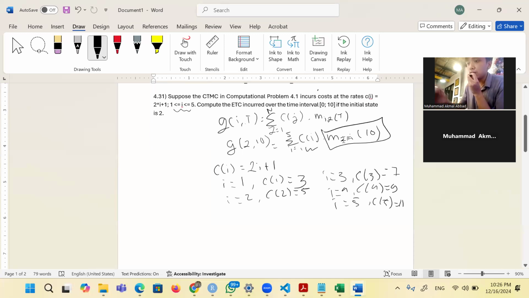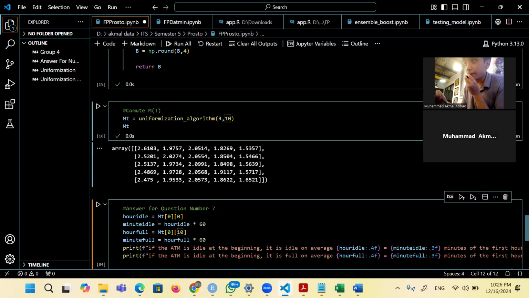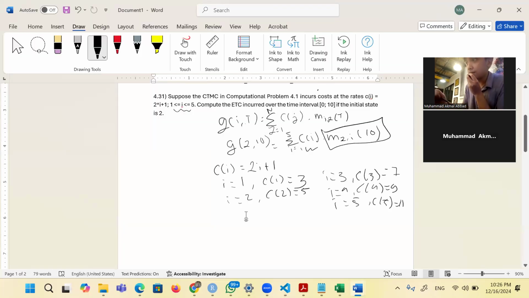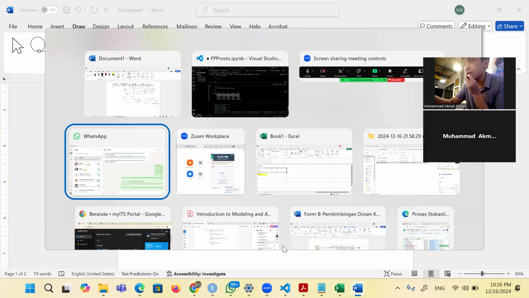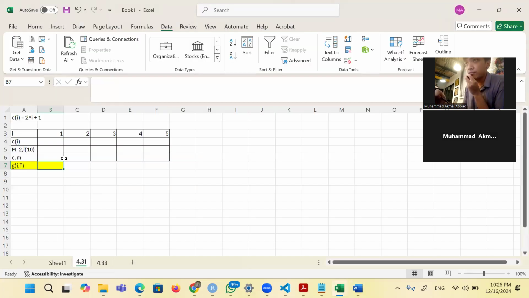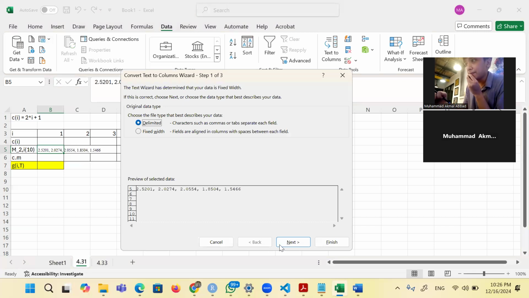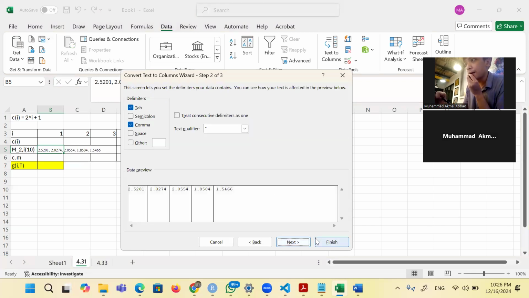So row 2. We will copy the values of row 2. I will use the help of Microsoft Excel here. So for 4.31 we get it like this, and then we will use text to columns here with the delimiter comma.